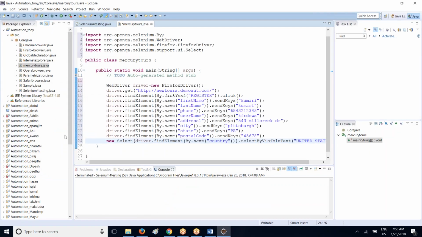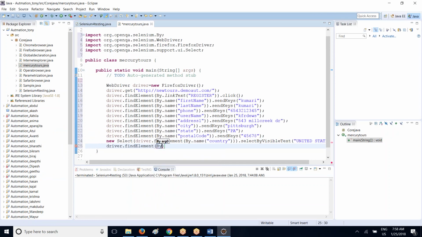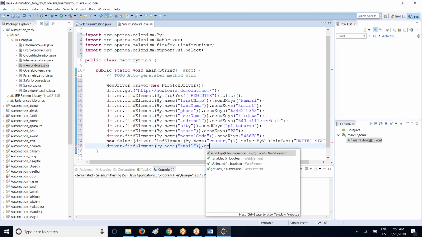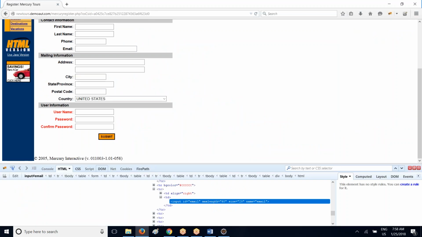Now driver dot find element by dot name. Dot here email dot. We have to go ahead and send something. Okay,